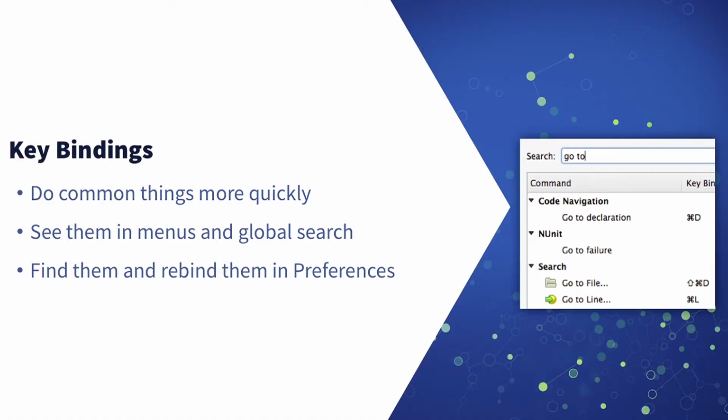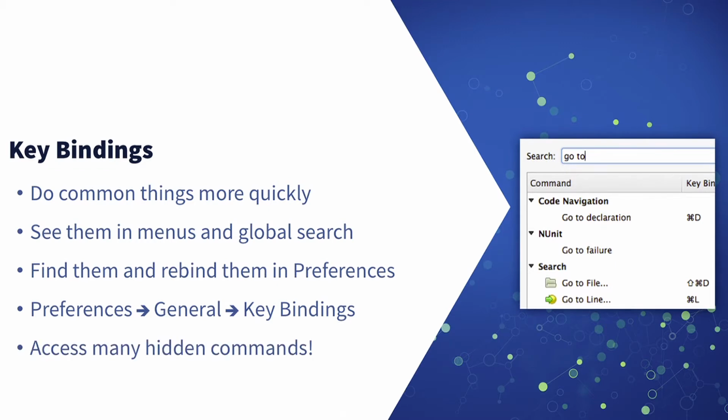So if you prefer the Visual Studio key bindings and you want to use those on the Mac, you can go to the preferences and change the key bindings there to use, say, F11 for debugger stepping and so on. And that is just, you open up the preferences dialog, key bindings, general key bindings. And you can search for key bindings in there